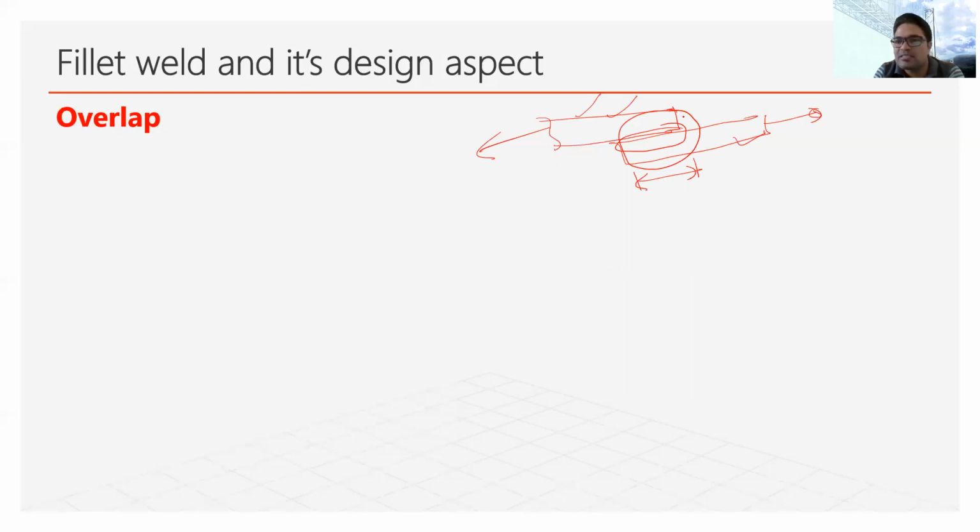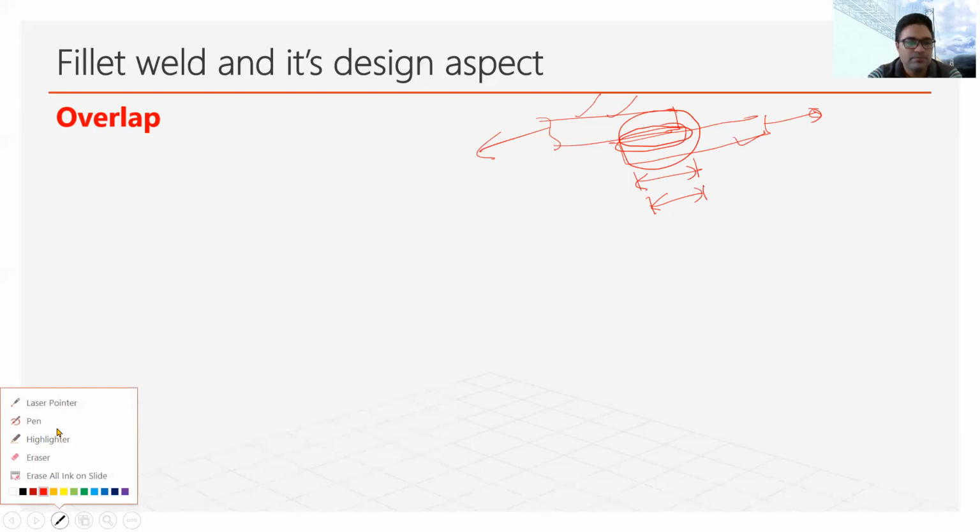To get easy transmission of force from one plate to the other plate, we need some zone, some length, so that the force can be transferred to the other plate easily. If this length is large, then there will be less disruption in the force transmission. For that reason, we need to provide a minimum lap length as per IS code. Now we will see what the minimum lap length is as per IS code.